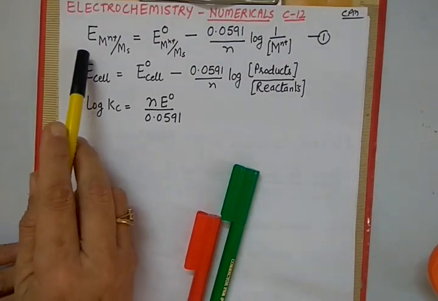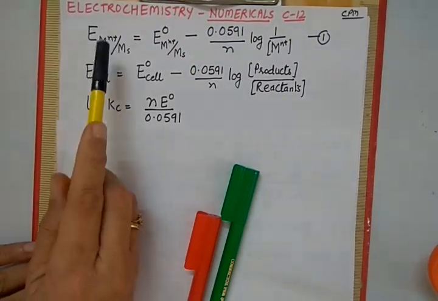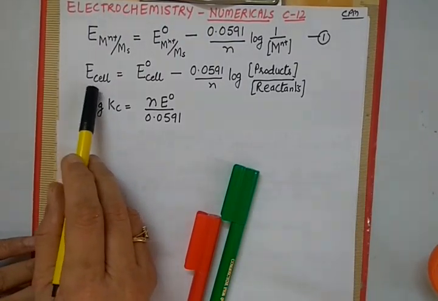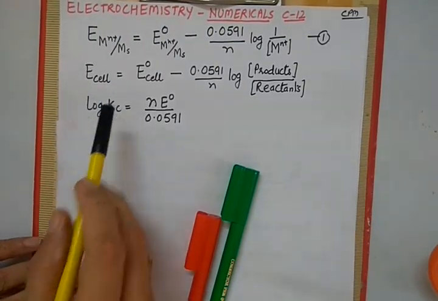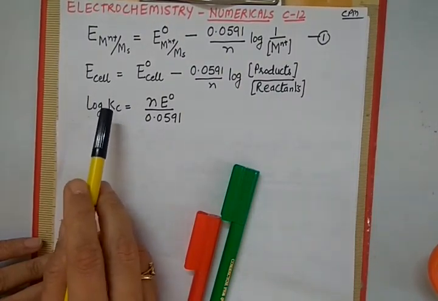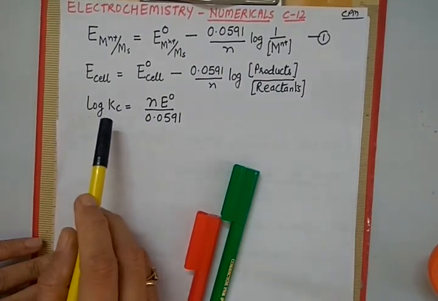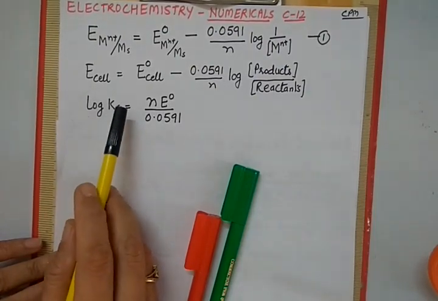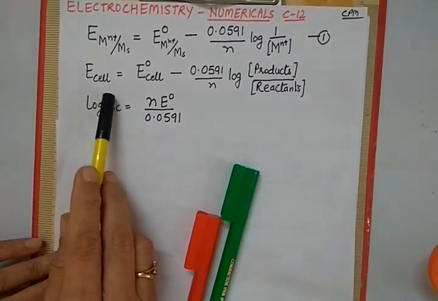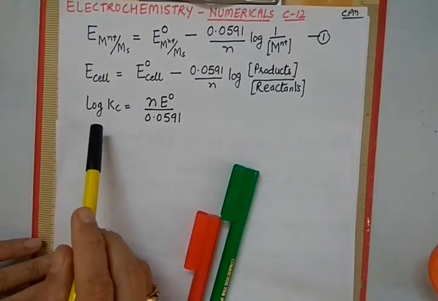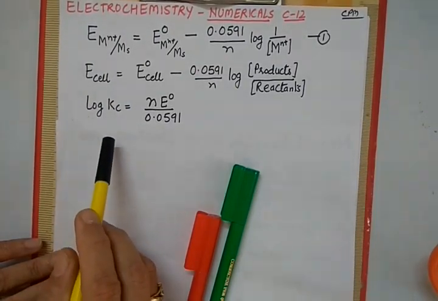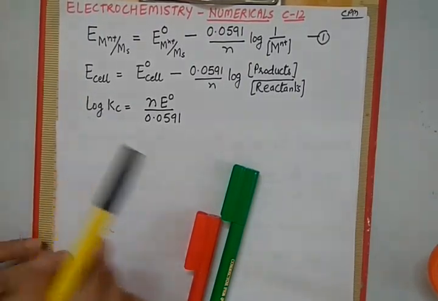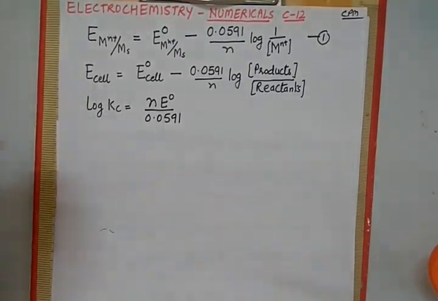This is equation number 1 for a single electrode. This is the equation for finding the EMF of the cell. And when the cell reaction is at equilibrium, we can determine the value of the equilibrium constant from the Nernst equation for the electrochemical cell. So in this video, we will solve a few numerical problems based on these equations. So let us do that. Our first numerical is